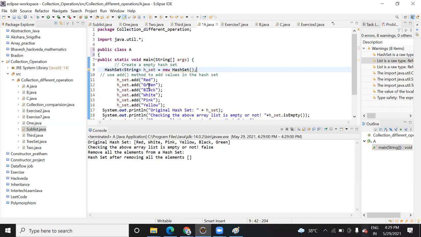I have added red, green, black, white, pink, yellow, but it is showing red, white, pink, yellow, black, green, right? Because set, you might have studied in 11th standard, is a collection of elements which does not allow duplicate elements, and it is unordered.